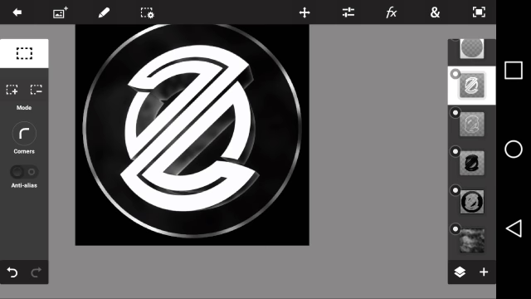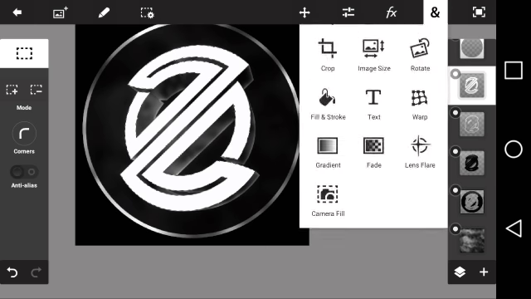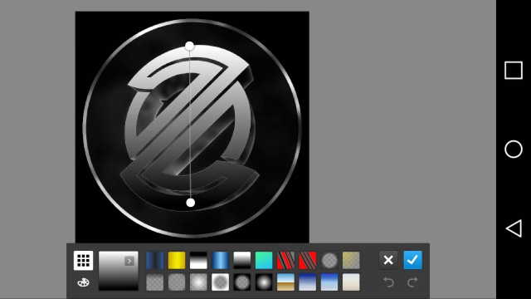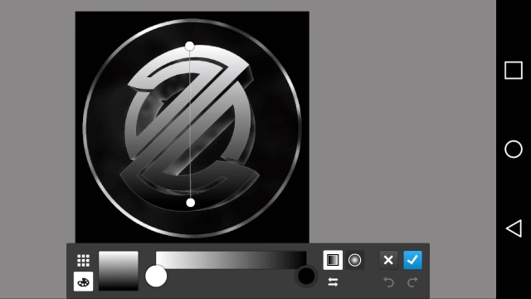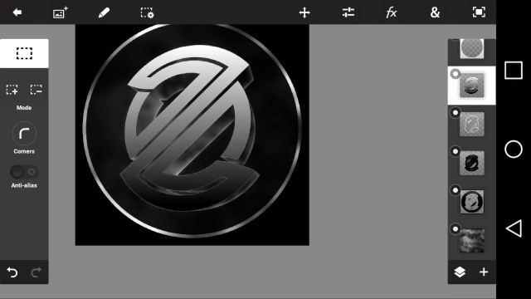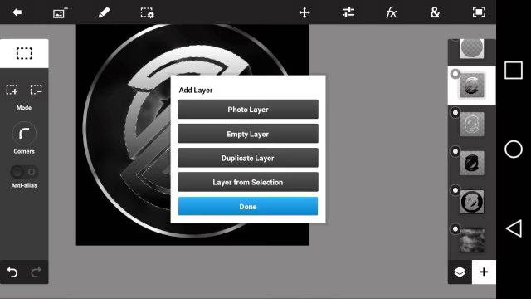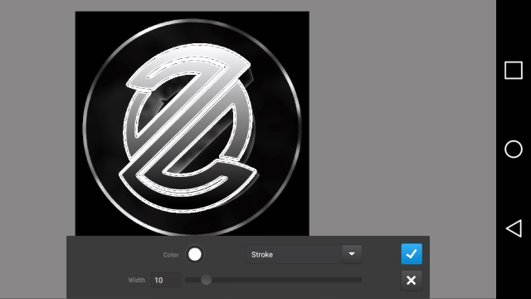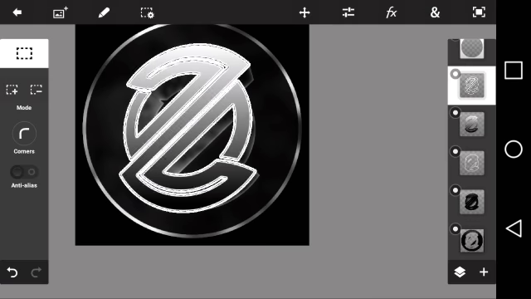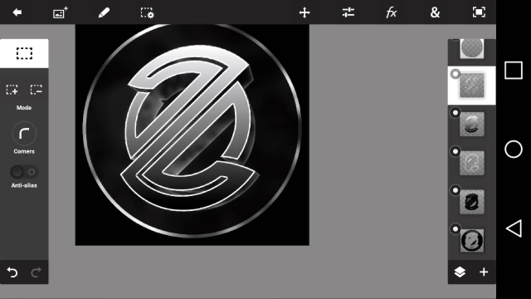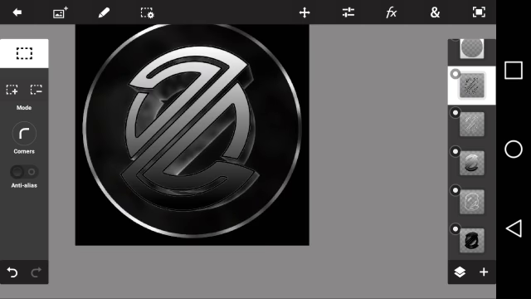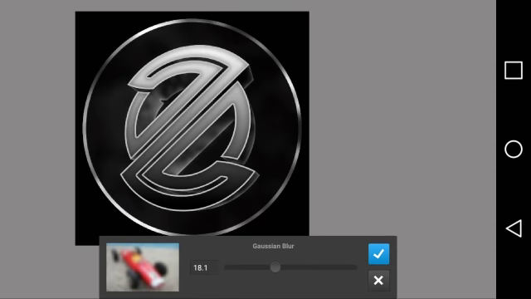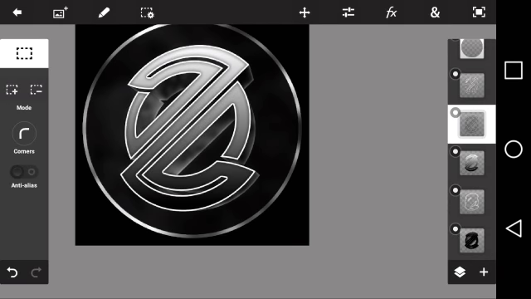And now just go into the 2D layer, select pixels, and then add a gradient of just black and white. So you can just see it here, just black and white. And just apply that. And then select pixels and add a stroke. And then set that to 10, but depending on what kind of logo you have, it depends what width you use. So then extract that, and then duplicate this one, and set that to black, so just invert it, and then add Gaussian blur, just like that, and then put it underneath the white one,